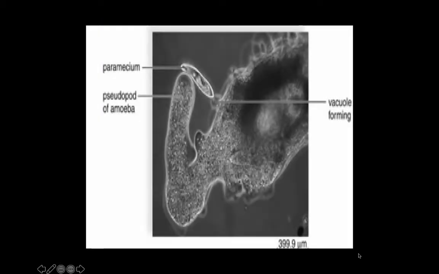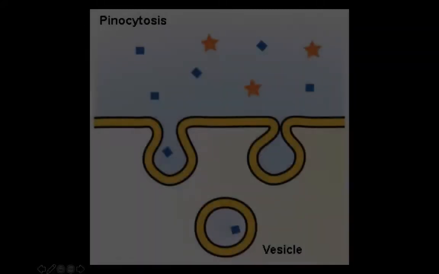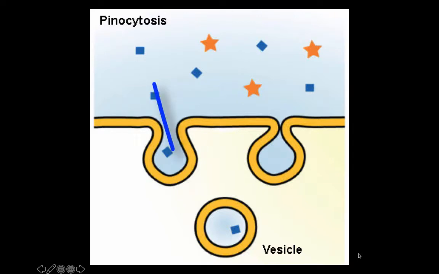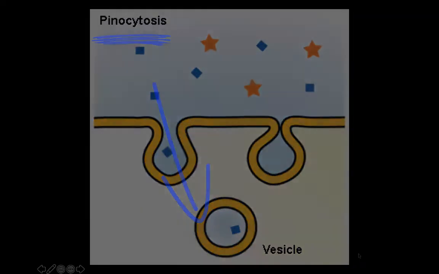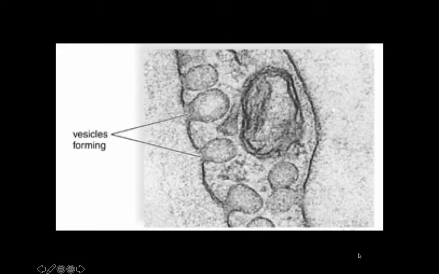Here we see an amoeba phagocytizing a paramecium, which will likely then fuse with vesicles filled with digestive enzymes called lysosomes once it's been taken into the cytoplasm. When a cell membrane conforms to bring in fluids using vesicles, it's called pinocytosis, where pino is Latin for drinking. This cell is bringing in fluids from its extracellular space, which will include water as well as dissolved minerals and